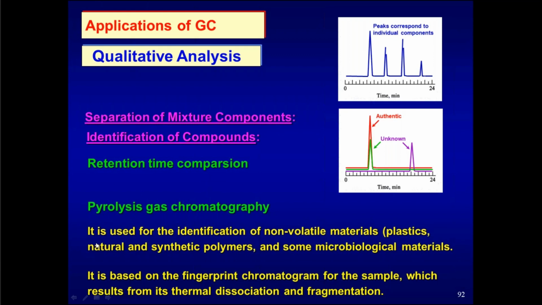So pyrolysis gas chromatography is used for the identification of non-volatile materials. I hope you remember this. This term I had used in our first class where I told you about modifications of GC. So plastic, natural and synthetic polymers, some microbial materials, these could be identified by pyrolysis gas chromatography. It's based on the fingerprint chromatogram for the sample, which results from its thermal dissociation and fragmentation. Basically, a high temperature is used. You break up these huge molecules into smaller fragments, and those fragments which are volatile are then separated by gas